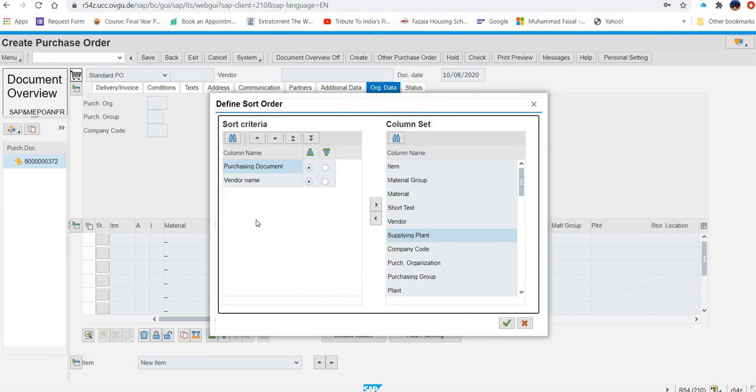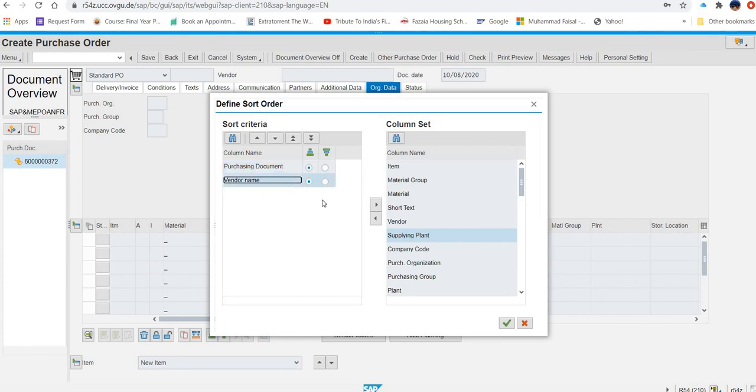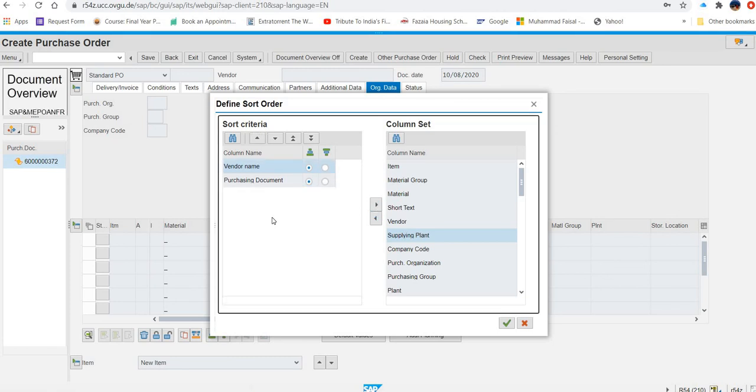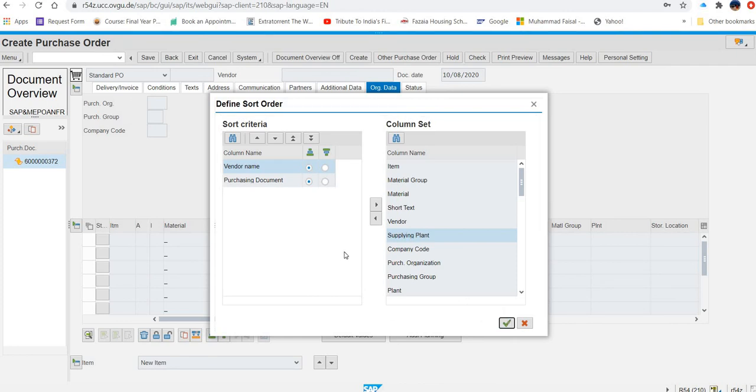And then click the top arrow to display the vendor name first. So you will select this and make this top arrow, so it will be first. And after you confirm your changes by clicking this, you will see the names of your vendors in alphabetical order.